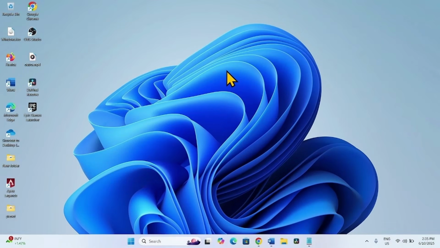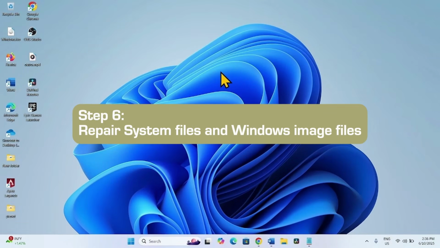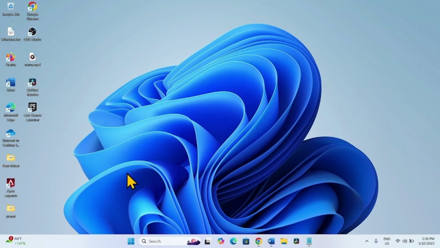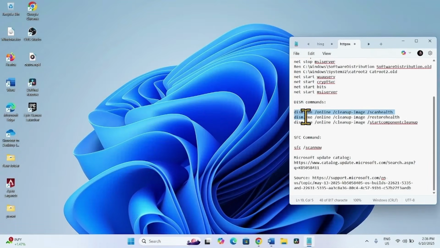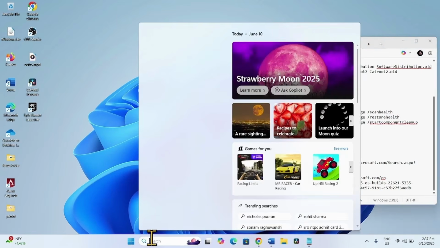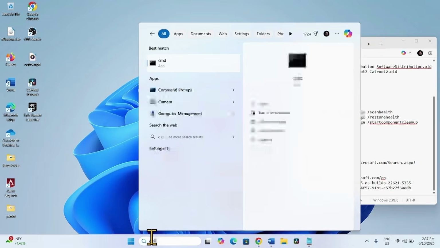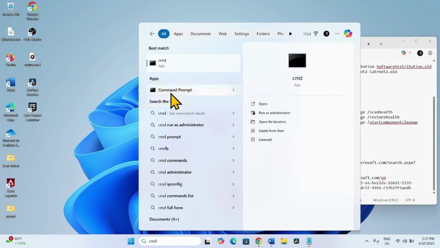If the problem still occurs, then something is wrong with system files or the Windows image file. To repair the system files and Windows image file, you will have to run these commands and this command. This command will repair system files and these commands will repair the Windows image file. For this, open the command prompt first. Click on Search, type cmd, right click on Command Prompt, select Run as administrator,